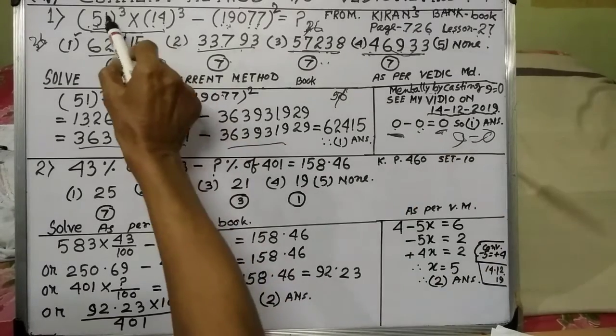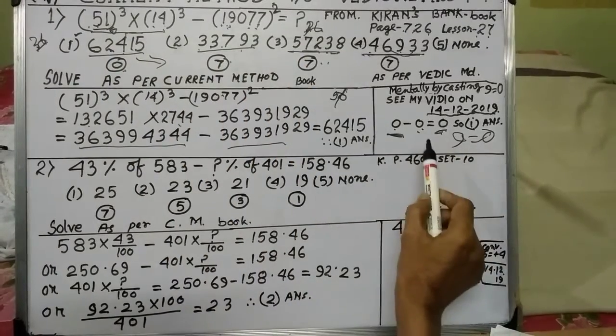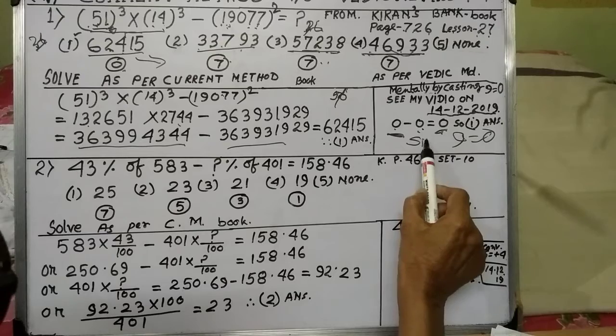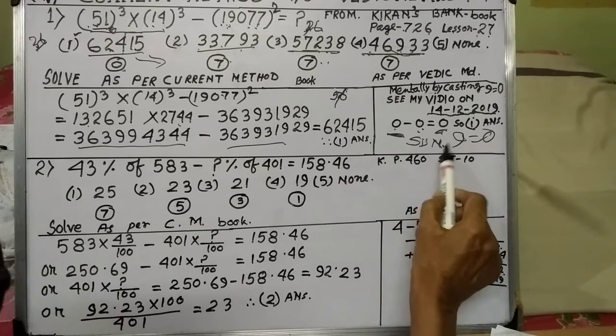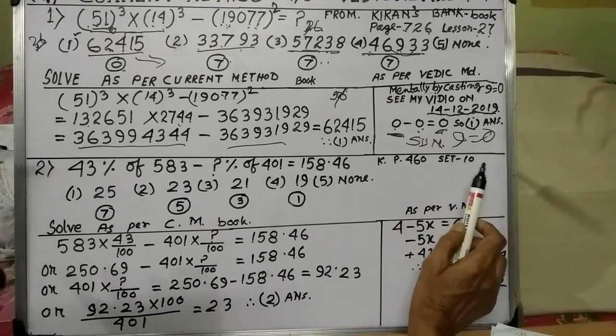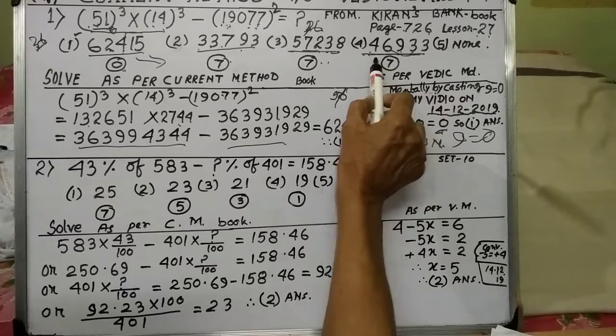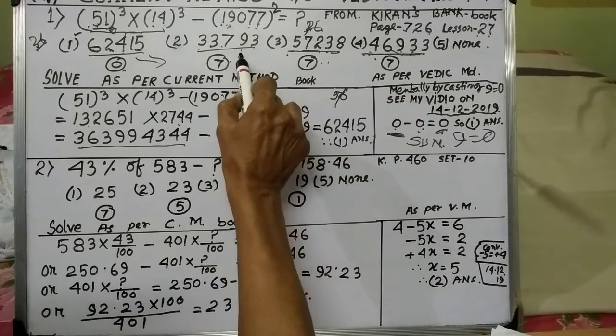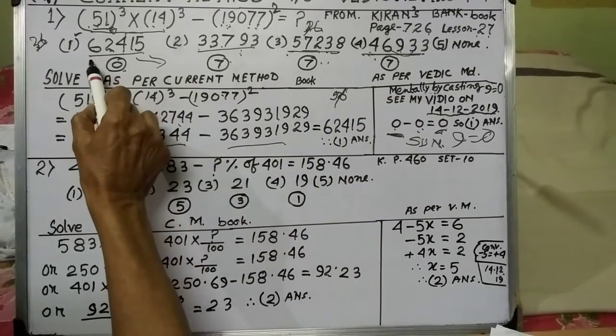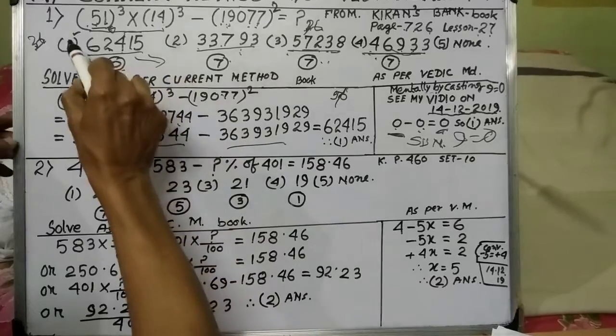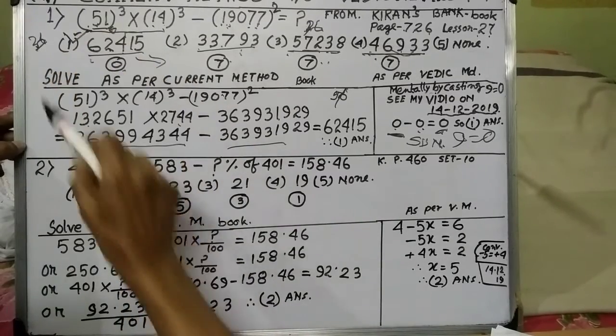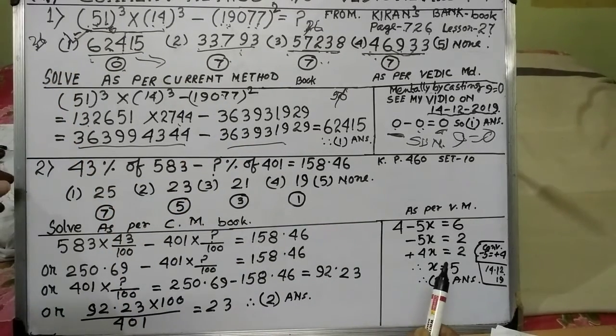Now, that is the sum. Sum casting is 0. And we will find out which option casting is 0. This will be our answer. This casting is 7, this casting is 7, this casting is 7, and this casting is 0. We have done all this casting. So 1 is our answer, and we are confirmed.